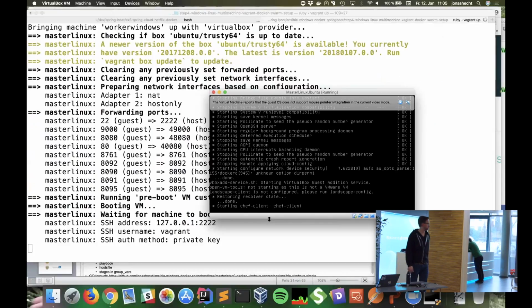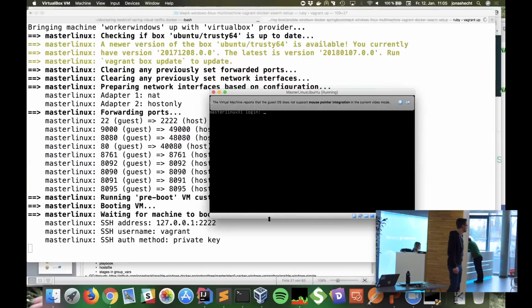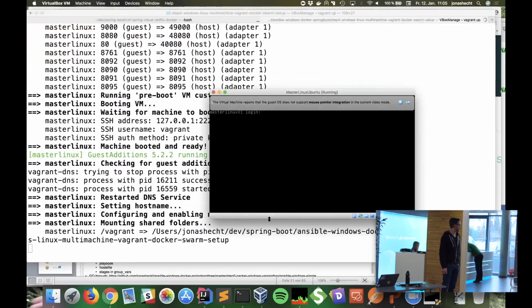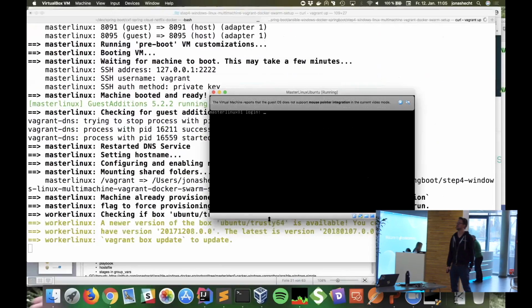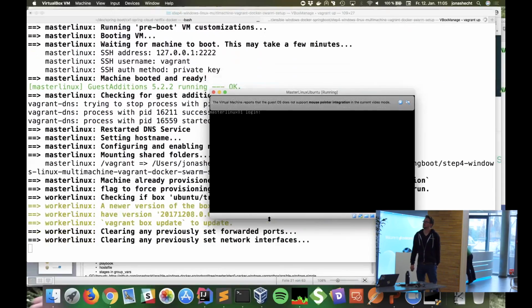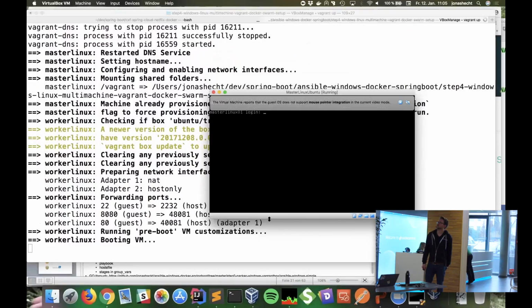Then they should run. I'm just doing vagrant up. I mean, just doing the idiot commands, you know. So then this thing should be up. Okay, then let's boot the second one.